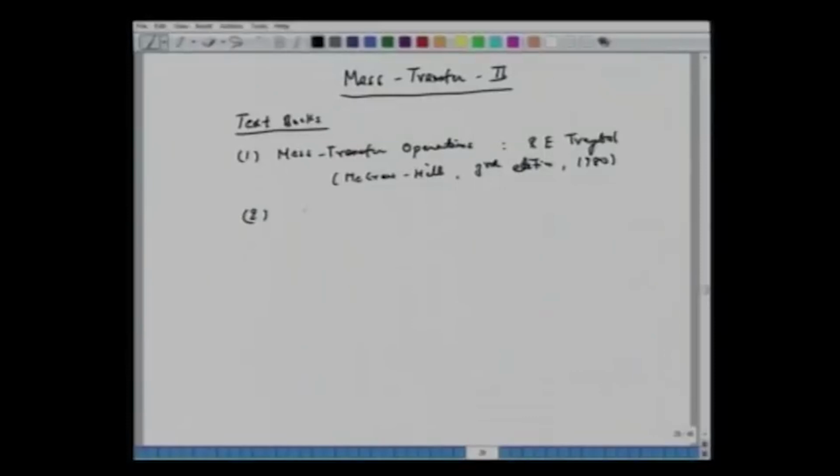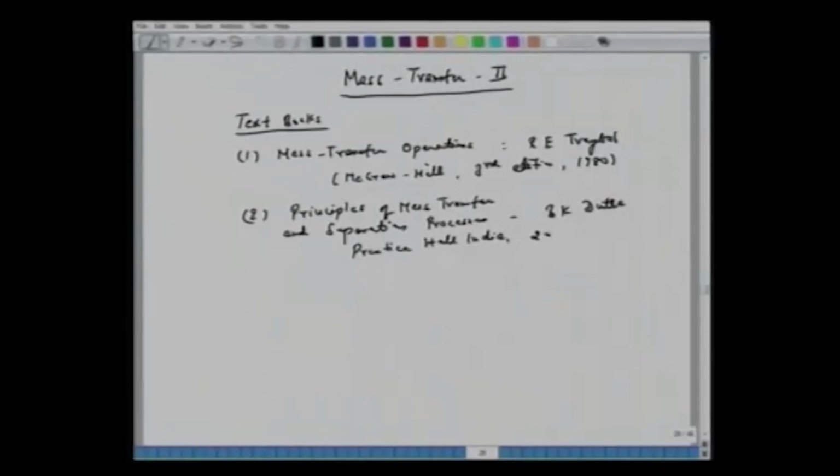These books are essentially for reference purposes. The title is Principles of Mass Transfer and Separation Processes. The author here is B.K. Datta, and this book is published by Prentice Hall India, 2007. There is another very good book titled